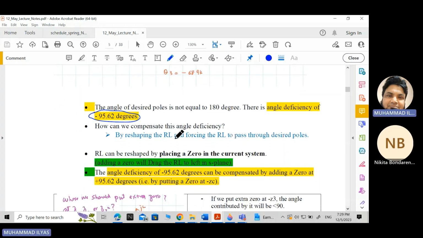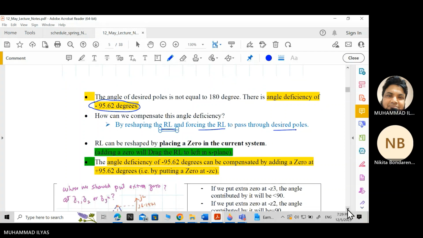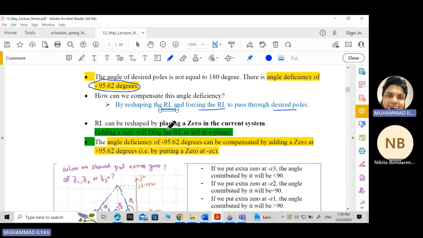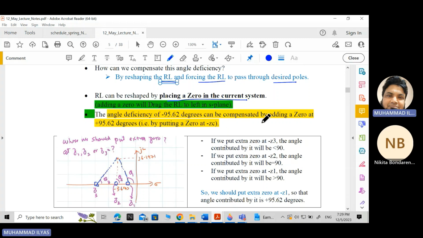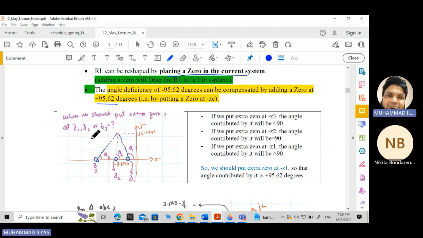So how do we compensate this angle deficiency? By reshaping the root locus and forcing the root locus to pass through the desired poles. Root locus can be reshaped by placing a 0 in the current system. Adding a 0 will drag the root locus to the left of the s-plane. The angle deficiency of 95 degrees can be compensated by adding a 0 contributing plus 95 degrees. At this position we should add it. So this is our desired pole location. So where we should